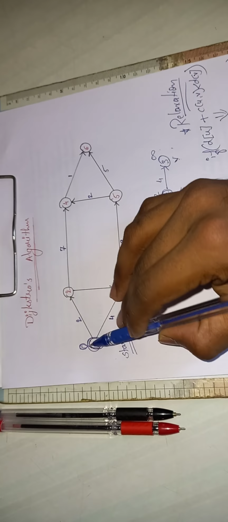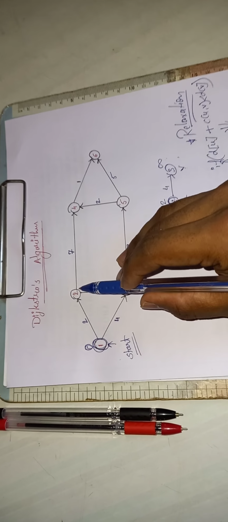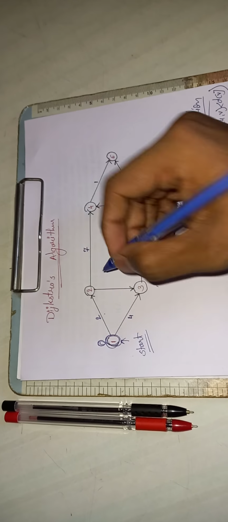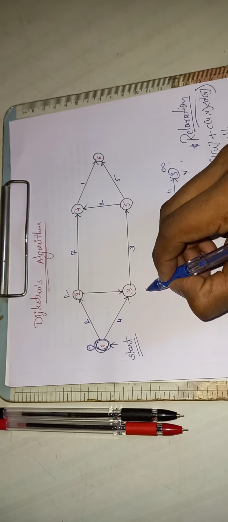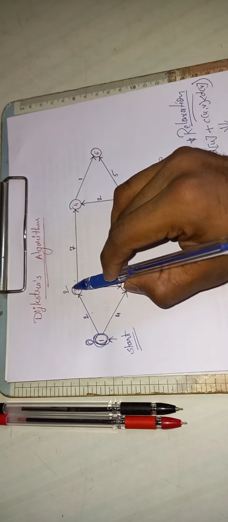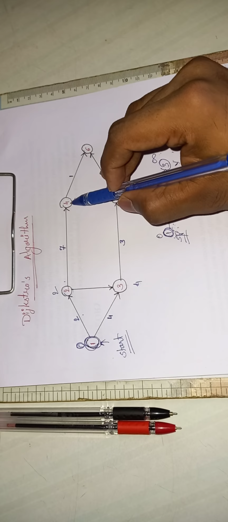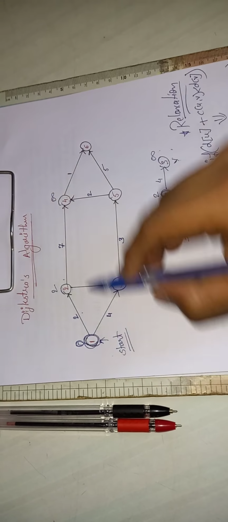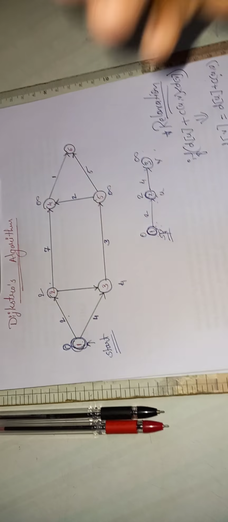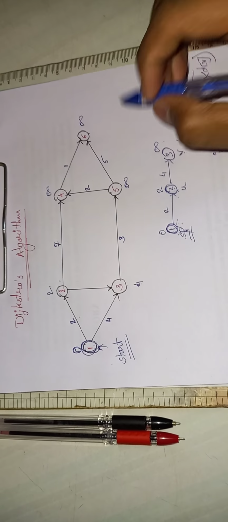Now, which of these is connected to 1? 2 and 3 are connected. The cost of vertex 2 is 2 and the cost of 3 is 4. If we travel to 2, we know the weight, and if we travel to 3, we know the cost, that is 4. But if we want to travel from 1 to 4, it is unknown, so name it infinity. From 1 to 5 it is unknown, so consider it infinity. In the same way for 6 we are unknown with the cost, so name it infinity.